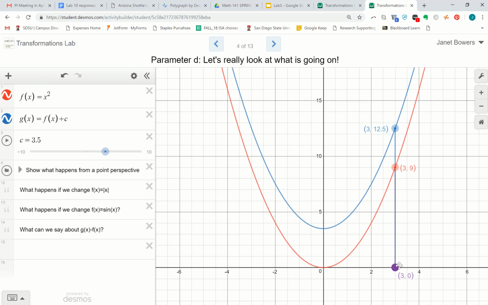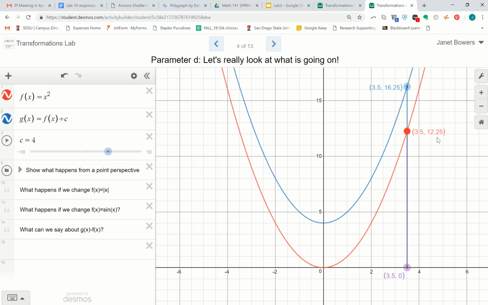It is the case that for every point, 12.5 minus 9, it might be nice to make this a number like 4, right? 13 minus 9 is 4. 16.25 minus 12.25. The difference is always going to be 4. So what can we say about f of x minus g of x? The answer is that no matter what x is, the answer is always going to be 4. So let's check that out. If I just type in f of x minus g of x,